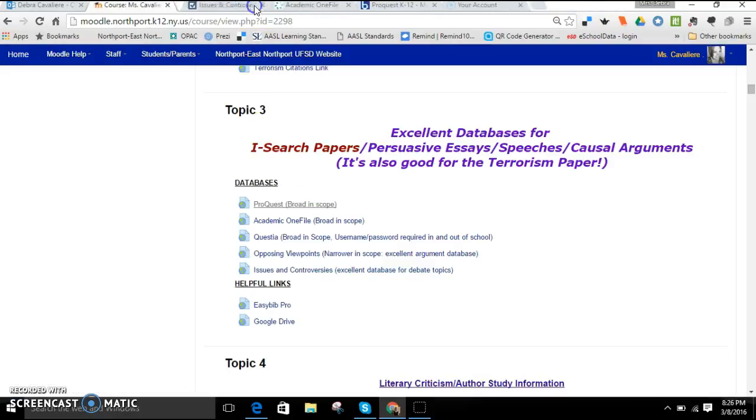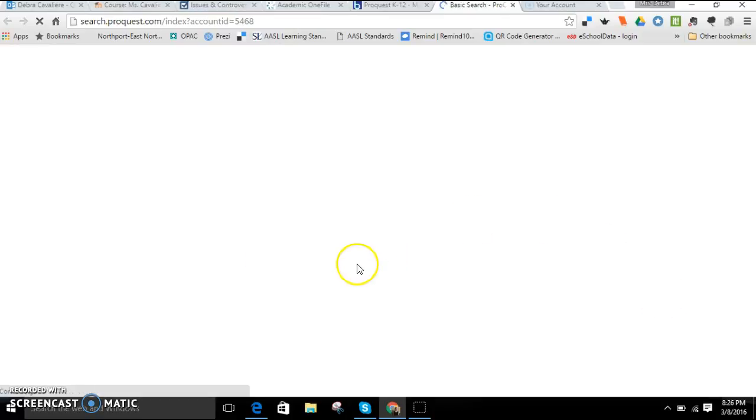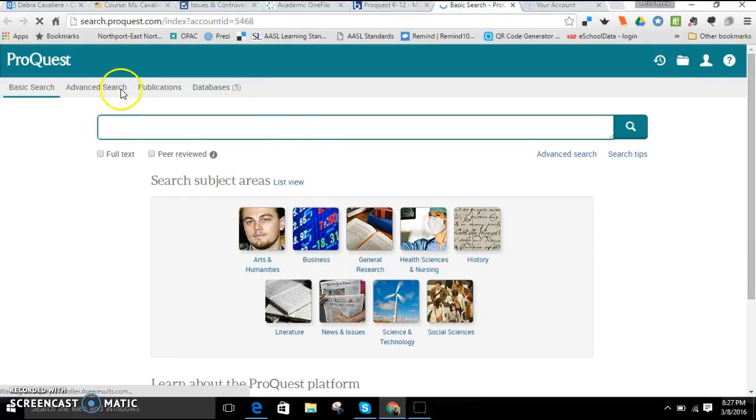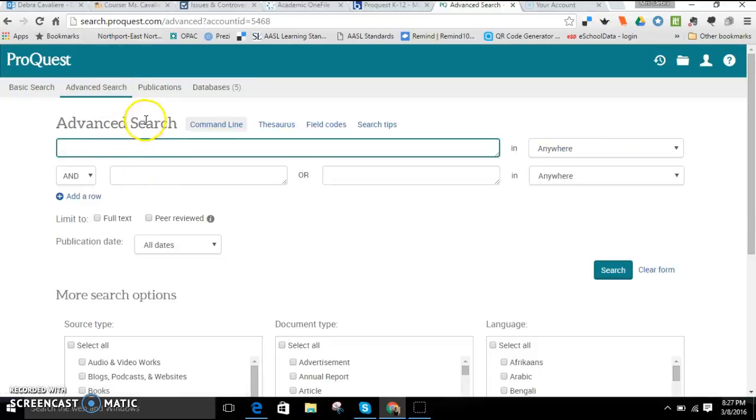Again, ProQuest. Remember, when you log on to ProQuest, you want to click on this ProQuest here so that it actually opens up. And remember that you'd want to have an advanced search so that you can get more specific articles related to your topic. So let's say you wanted to look into